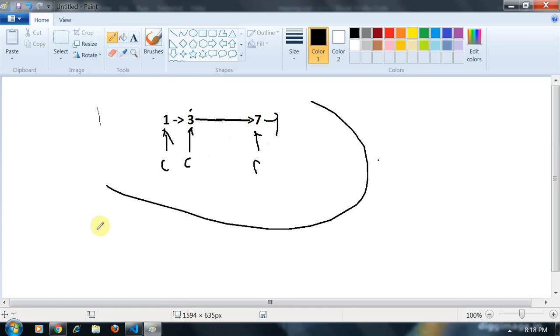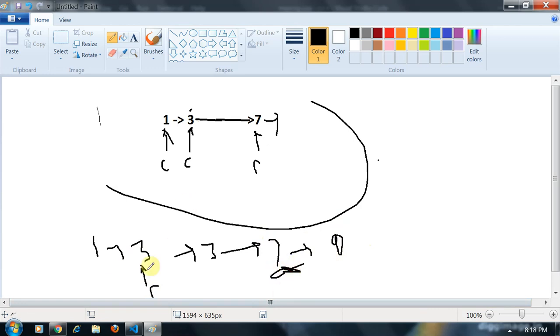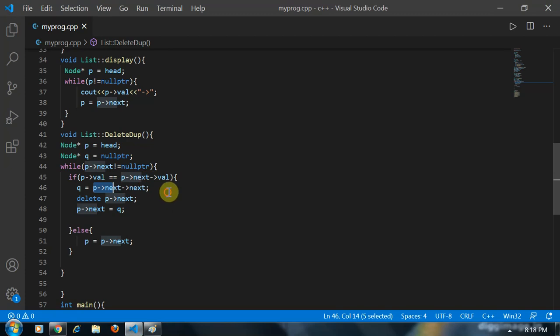Meaning if our duplicates are like this, and our current is here, then Q will hold the address of 7, because it is current's next next.